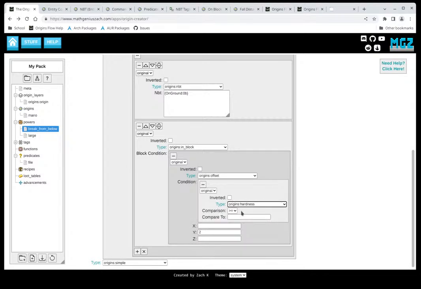Is it hardness? I think I should do hardness. I'm trying to think on my own. Maybe I'll just explain this here. Right now, I'm trying to check if the block above you is less than the hardness value for obsidian, which will, for all intents and purposes, prevent us from mining obsidian. It'll prevent us from mining bedrock. It'll prevent us from mining anything that you can't mine normally. But